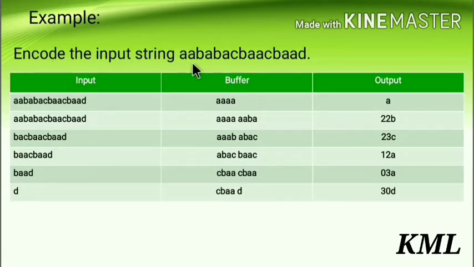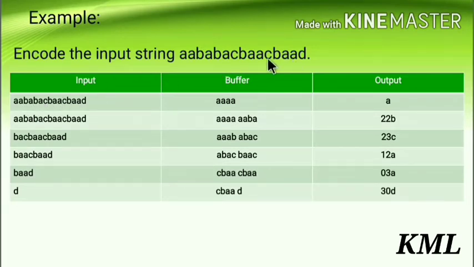Encode the input string ABA, BAC, BAA, CB, AAD. So you have to encode this using LZ77 technique. So make one table: input, buffer and output. Input is your input string. Buffer is the storage for processing the input, and this is your output. Okay, so now what you have to do, first step,